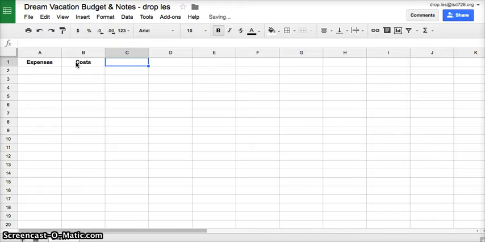Tap your tab button and it'll move you over to C1. And here you're going to put number of days. Here you can put in number of people. Totals. And then F1, you can put in websites or